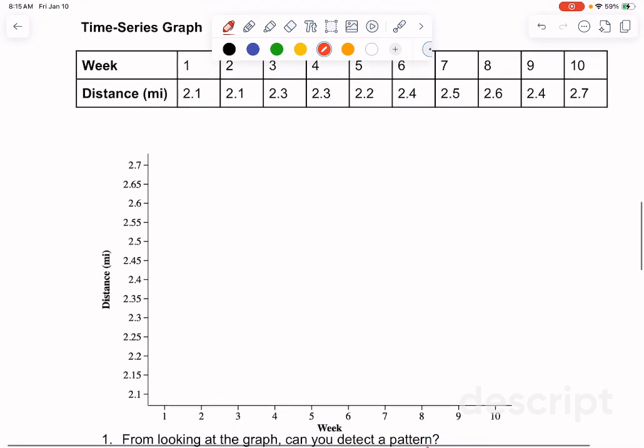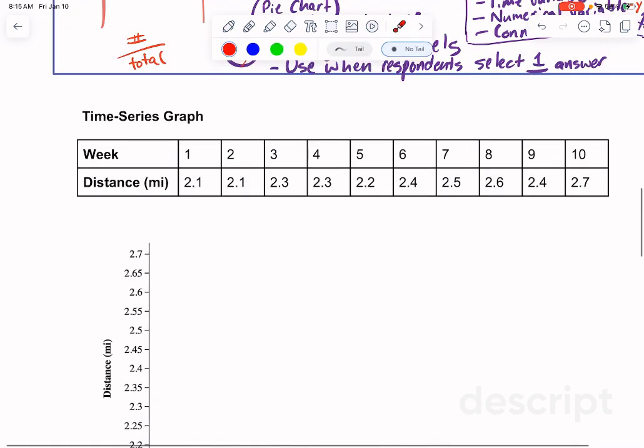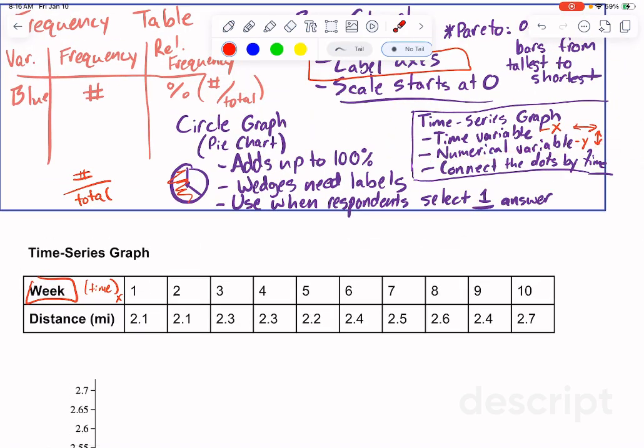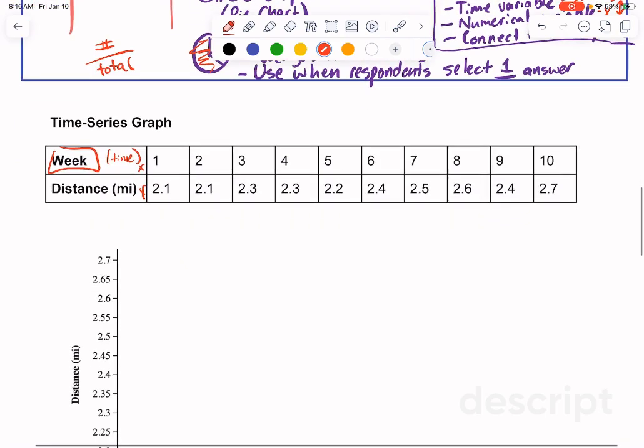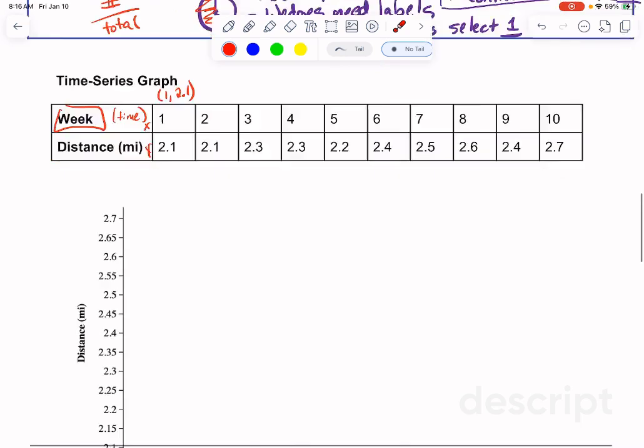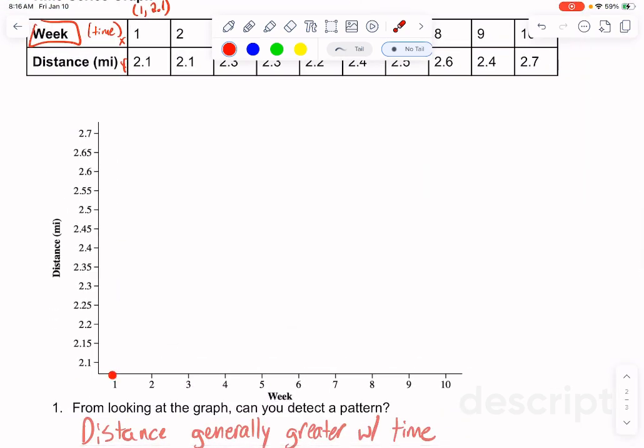Let's go ahead and clear it. So in this example, we've got different weeks and we've got distance that someone walked. For each of these, a week, that is our unit of time. So this is going to be the x-axis. And then distance, that is the numerical measure. Remember, we have that numerical variable on the y-axis. So all of these points are different points we have to graph. So like this would be 1, 2.1. So it's going to act just like it did in algebra class. Go over to 1, go up to 2.1, put a dot there.